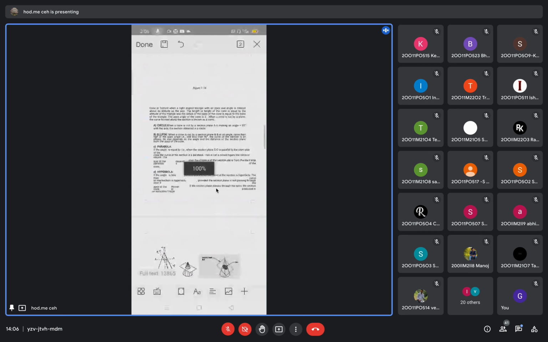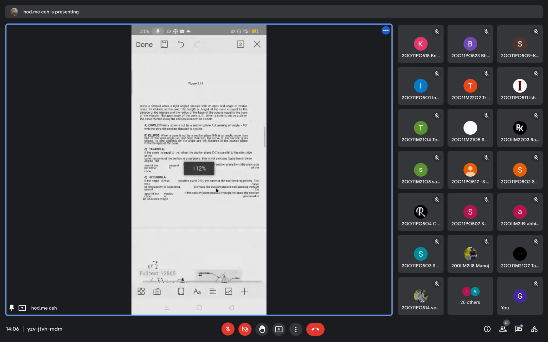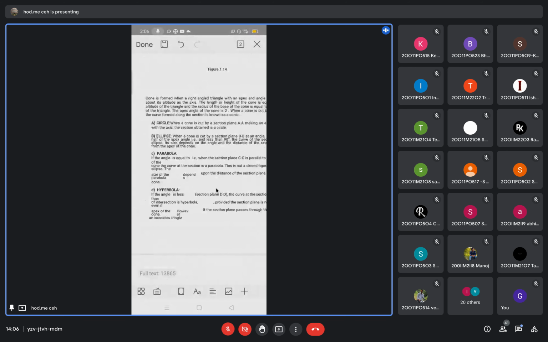The curves are circle, ellipse, parabola, and hyperbola. All of you write this down. This is the theory part. First, this is a geometric construction. The next part is your syllabus, the conic section. All of you write down the